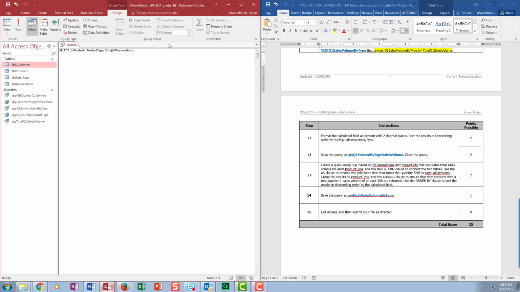Transactions, that's the table, and the field is quantity, right? So we're saying we're going to sum quantity from the table transactions, and then we're going to rename it as high sales volume. So we're selecting this field, product type from products, quantity from transactions. We're renaming quantity as high sales volume